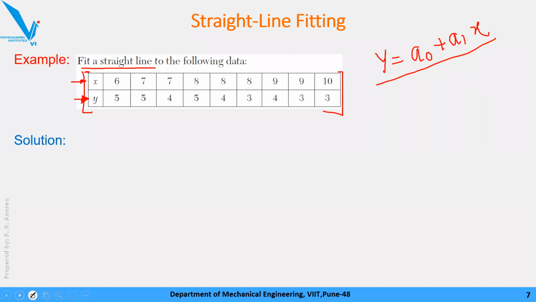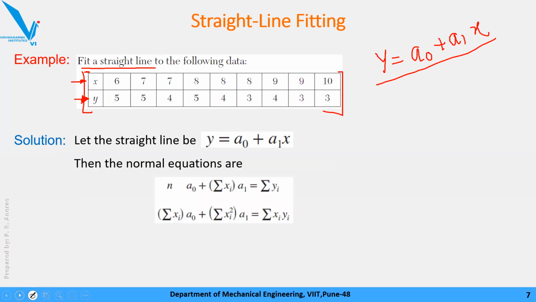We'll start with the solution, assuming this is my governing equation of a straight line y equal to a0 plus a1 x, and normal equation मैंने बताया था कि ये मगअप कर लो, because not for each equation you are going to derive the normal equation. Okay, now just mug up this, rewrite this equation.